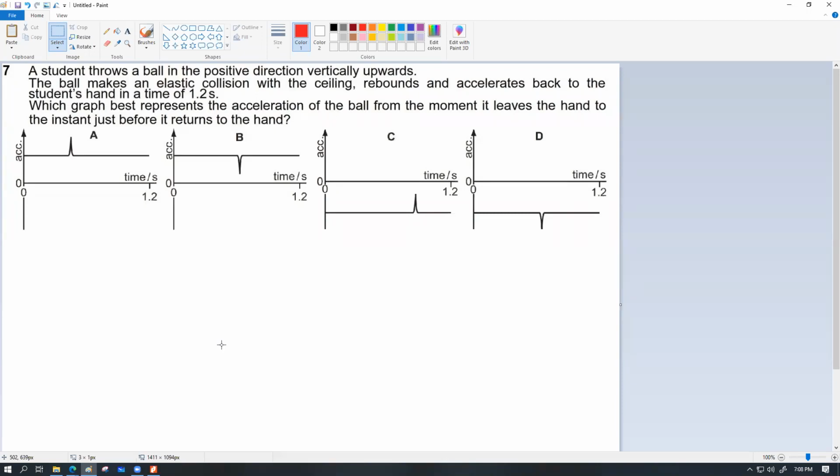Sir, elastic or perfectly elastic এর difference টা কি? নাই।